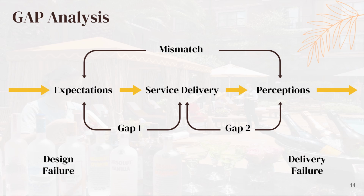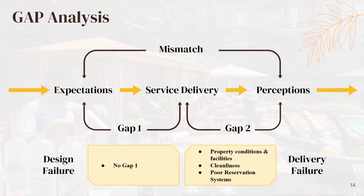We have 2 different types of gaps. Gap 1 would be a design failure. We didn't find any specific design failures or flaws within the Granduca, but we did see a couple of delivery failures. One, the tarnish of certain amenities like the shower head, the water. Although the hotel is aiming for delivering an old-fashioned vintage style, the reality is that some of the amenities are a bit old and rusted, and it affects both the actual use and impacts the customer's experience of their stay,